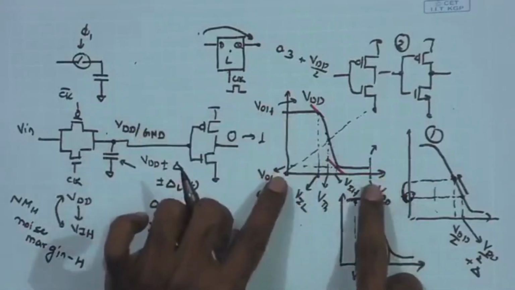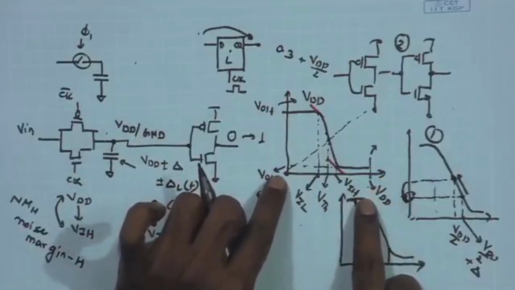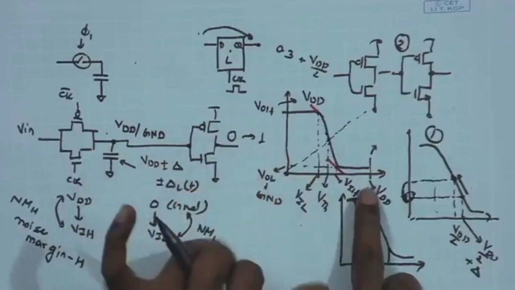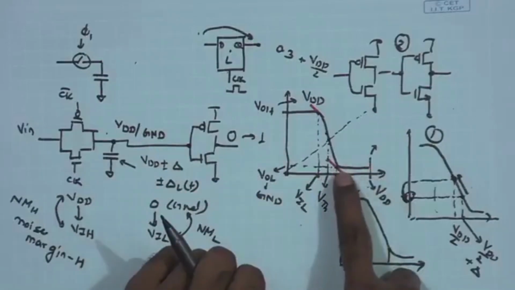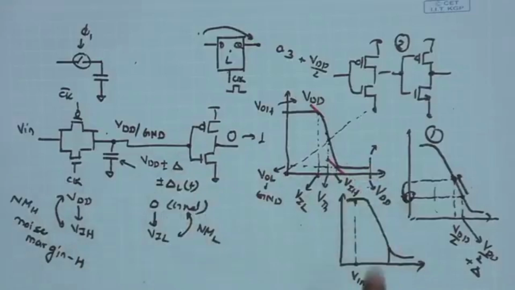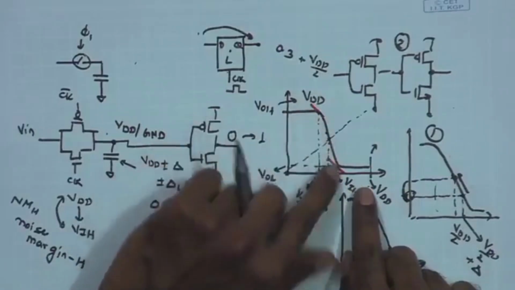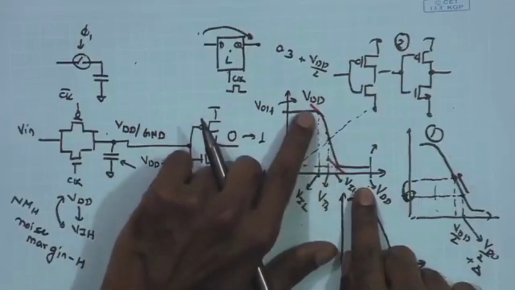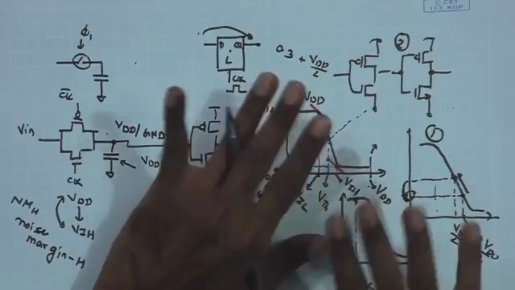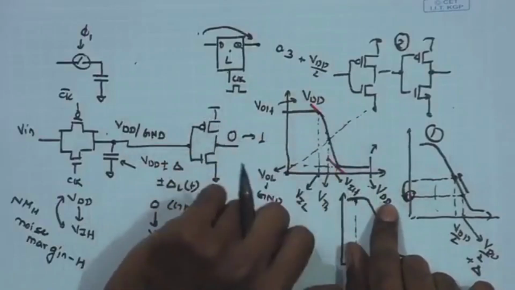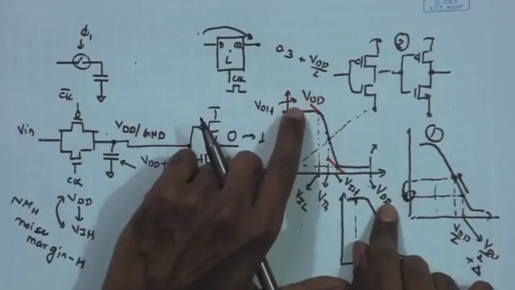In that case, from the 0 level, the level can go all the way to VDD by 2 while retaining the low level. Likewise, from the higher level VDD, it can go all the way to close to VDD by 2 while still retaining the higher level. Of course, for more conservative analysis, you may keep some margin, and you have of course some finite slope, and the worst case slope can degrade because of some reasons. If your PMOS NMOS ratios are not properly matched, or the load capacitance of the inverter is too much, you can